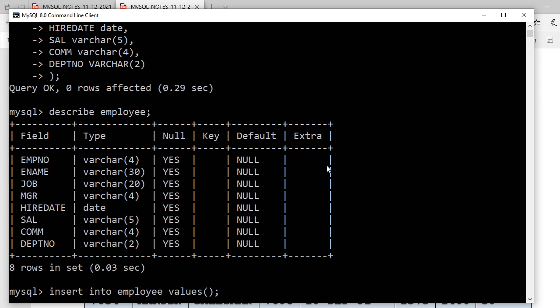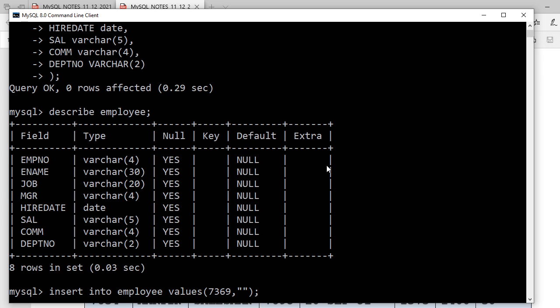My practice is that I start the bracket, close it, and then put in the values. But you can write it another way. You can start the bracket, write all the values this way, then close it and put a semicolon. This is a problem of my fingers, so nothing to worry about. You are free to use either. So now let's have the first, employee number. What is that number? 7369. Comma, then name is there.